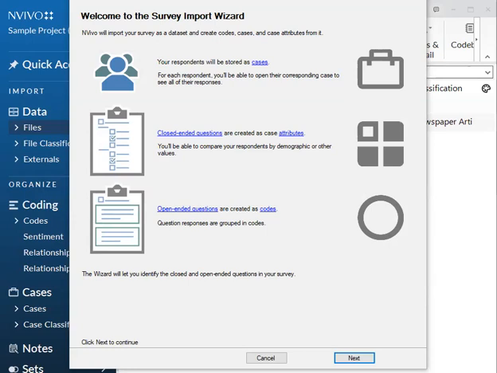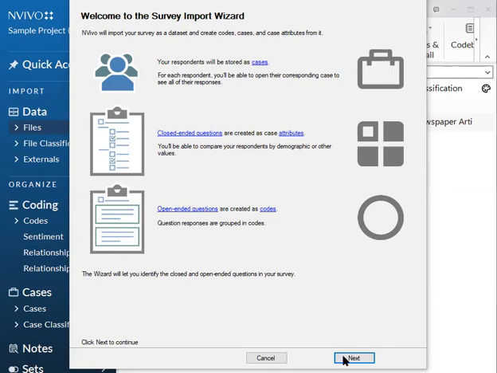And then you can use that to filter your data by different demographics if you're trying to compare across different groups. And then open-ended responses are created as codes. So this allows you to read open-ended responses as a group. They'll be created as a code, and each reference will be a different respondent.